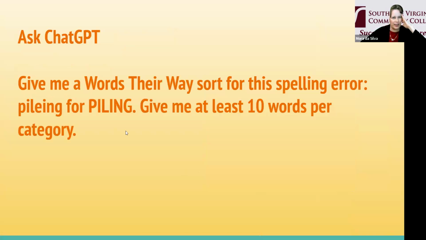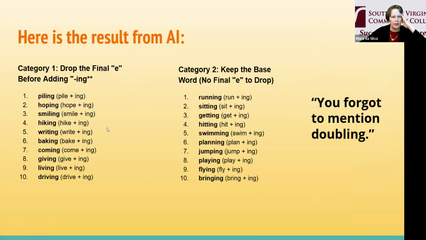So this is what I did. I said, give me a words their way sort for this spelling error. Piling for piling. Give me at least 10 words per category. So I got this, okay? So here, the E is dropped, okay? So when adding ing, you drop the E on these. All right, here it said keep the base word. No final E drop. But then I'm like, running, sitting, getting, hitting, swimming, planning, jumping. Yeah, there's no E drop, but